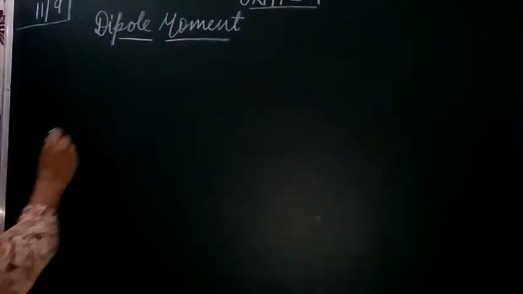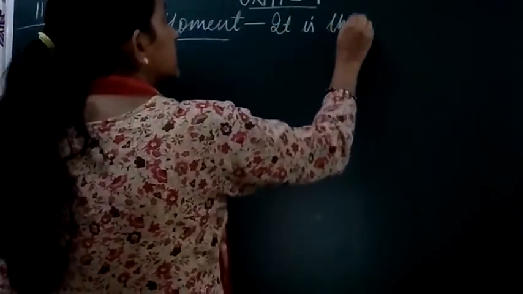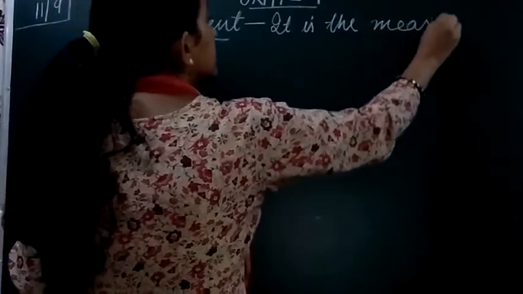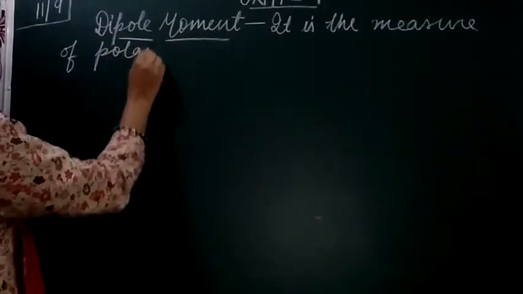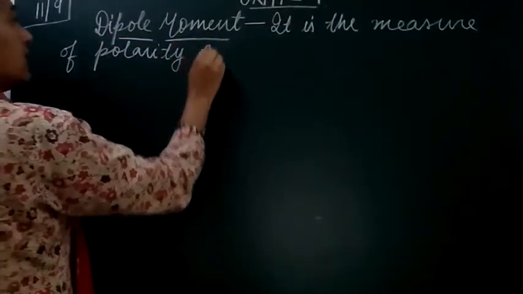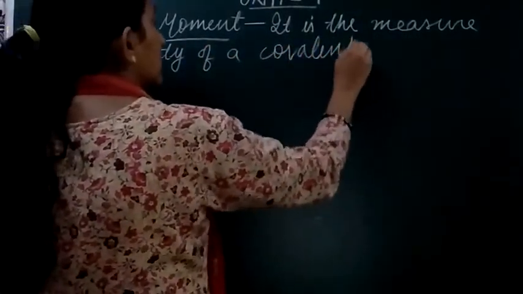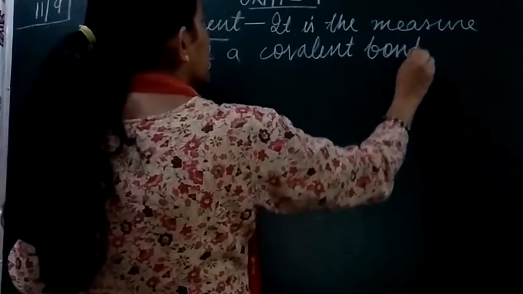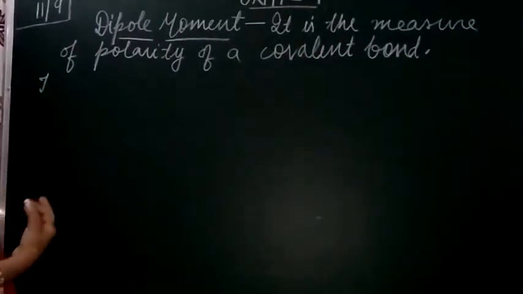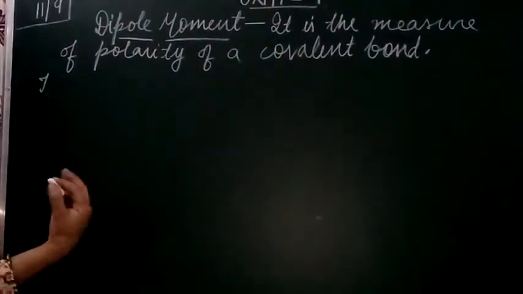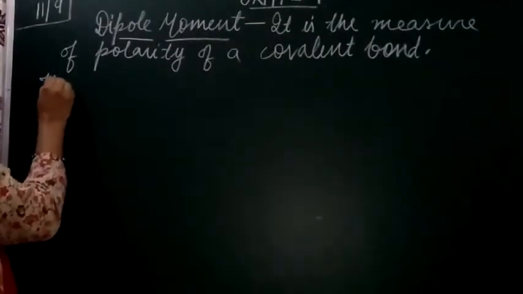So what is a dipole moment? First, it is the measure of the polarity of a covalent bond. If greater is the magnitude of the dipole moment, greater is going to be the polarity of that particular bond. And numerically, we can say that it is defined